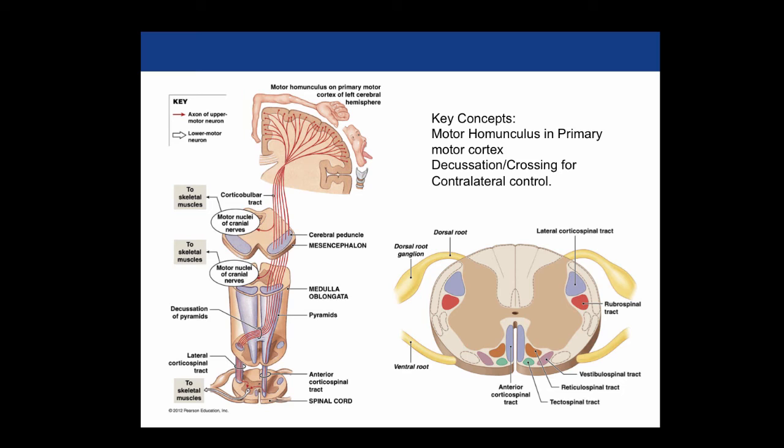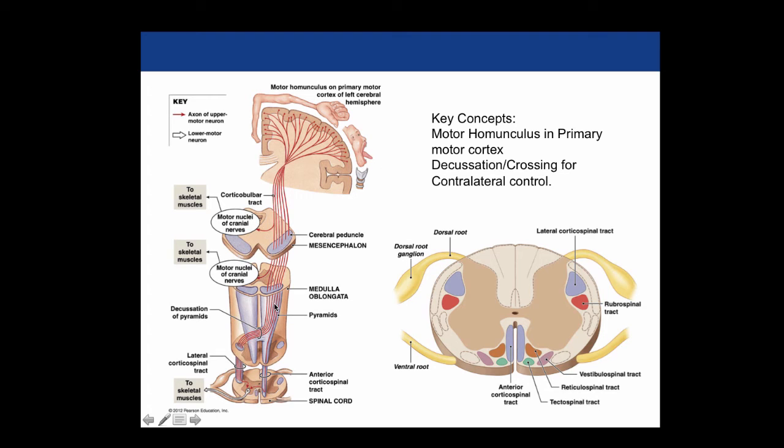Here's an example, perhaps a more detailed example, of a number of different fibers. These are all motor tracts. So this is the motor homunculus from the primary motor cortex, and we'll talk about this in a little bit. But these are all motor inputs to the various regions of the body that go down through the cerebrum, down